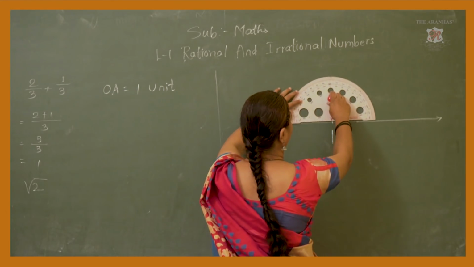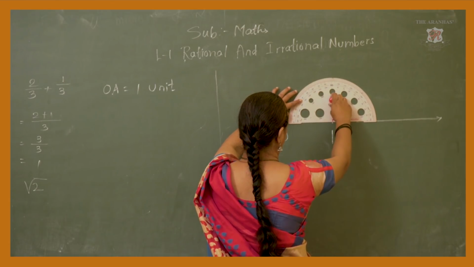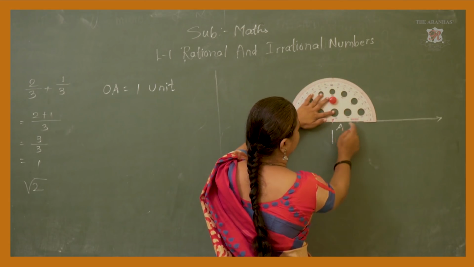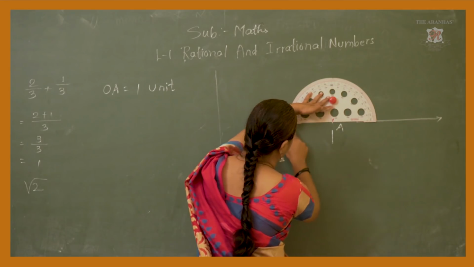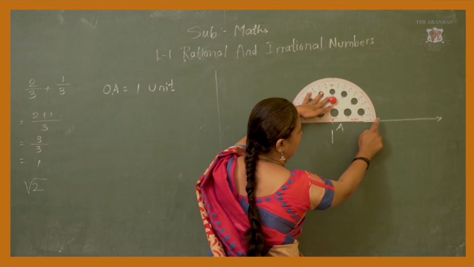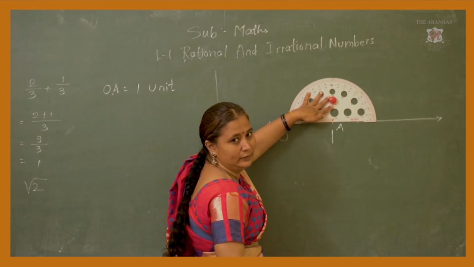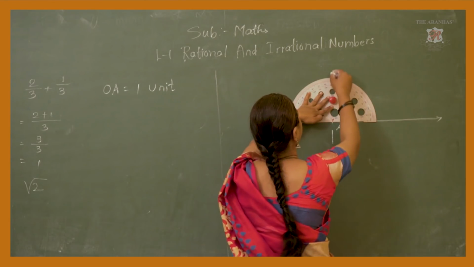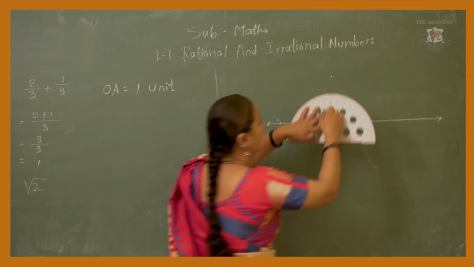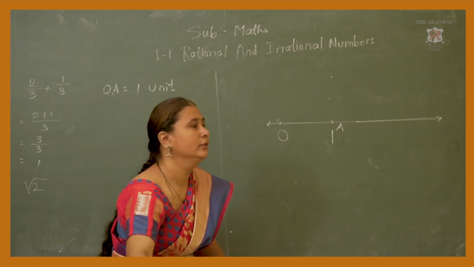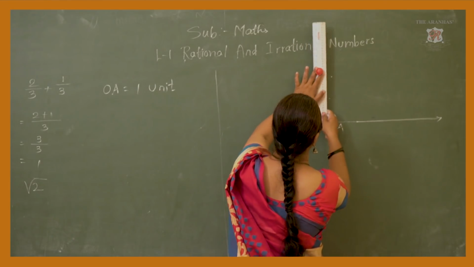Now you know how you have to put a protractor on a line. Okay, this side 0, this side 0 should be parallel to the number line. Okay, now take 90 degrees over here